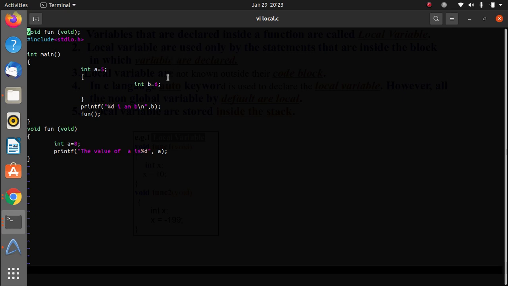have declared b inside these curly braces, but we are printing it outside the curly braces. That's why it's saying that this variable is undeclared. We are talking about main. Basically, the scope of the local variable is within the curly braces. This local variable